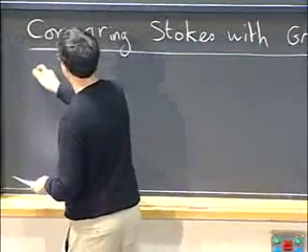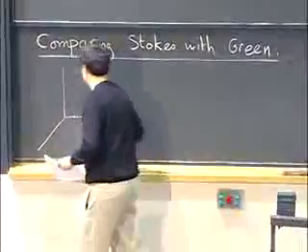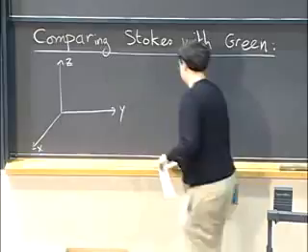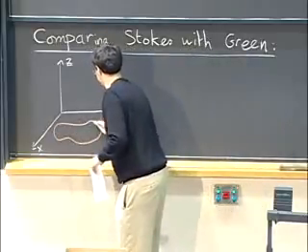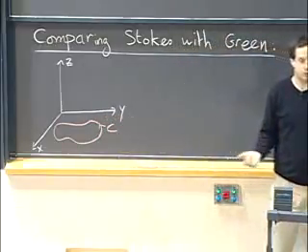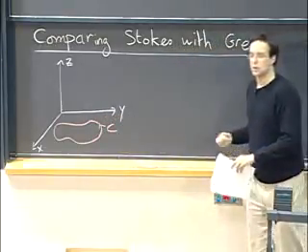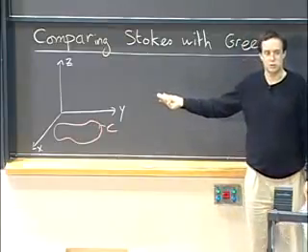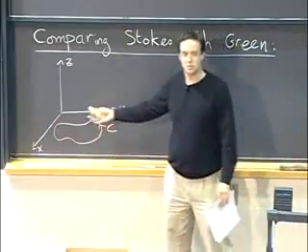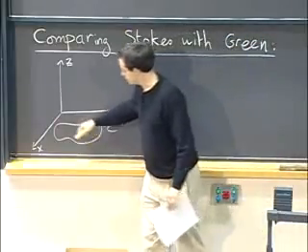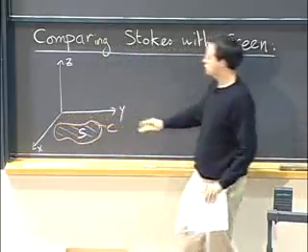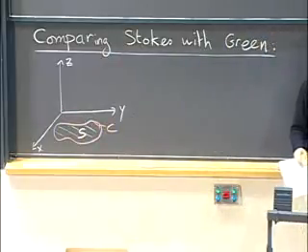Okay. So let's say that we'll look at the special case where our curve C is actually a curve in the xy plane. And let's make it go counterclockwise in the xy plane because that's what we did for Green's theorem. Okay, now let's choose a surface bounded by this curve. Well, as I said, I could make up any crazy surface that comes to my mind, but if I want to relate to 2D stuff, I should probably stay in the xy plane. So I'm just going to take my surface to be the piece of the xy plane that's inside my curve.